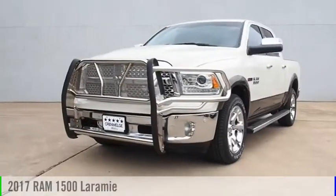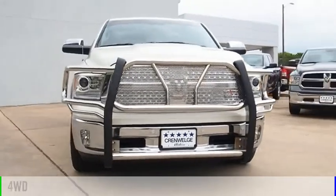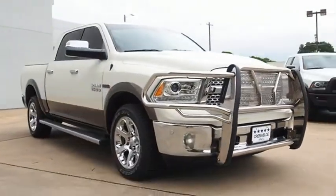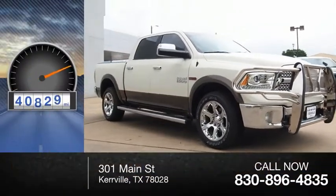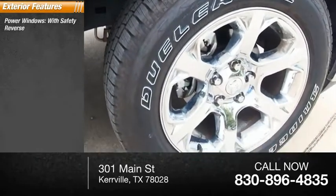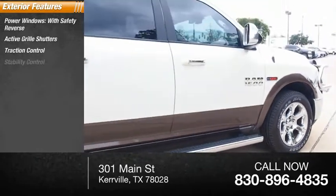Take a ride in the 2017 1500. This vehicle is powered by a 4-wheel drive, 6-cylinder, 3.0-liter engine. This vehicle has less than 45,000 miles. Here are some of this vehicle's great options: power windows with safety reverse, active grille shutters, traction control, stability control,